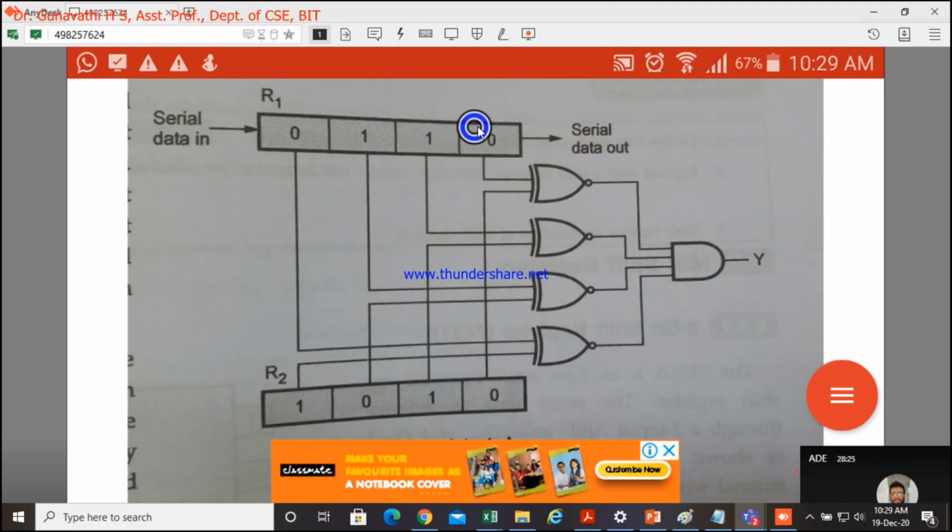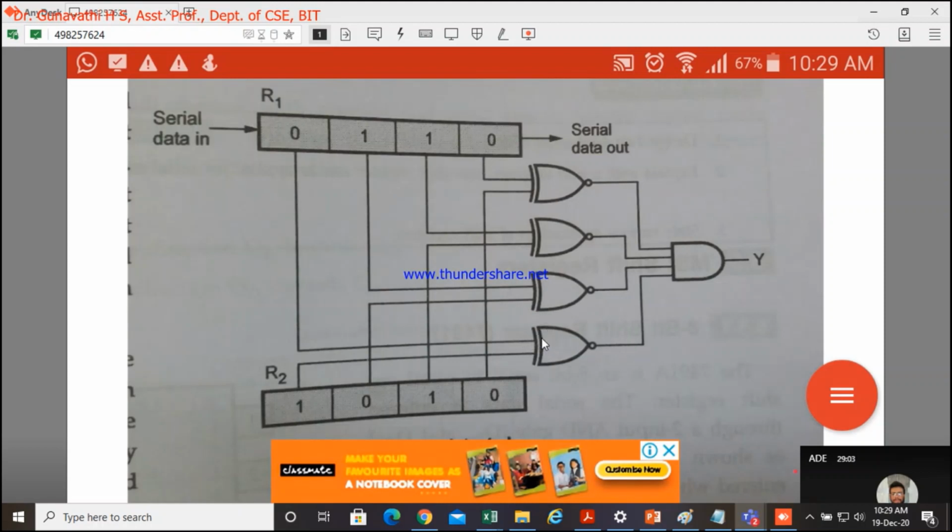In this particular case, it didn't find a match for the 0, 1 here, 1, 0 here. But here, 1, 1, it finds a match, the output here is 1. Here 0, 0, it finds a match, the output here is 1. So these two are 1, these two are 0. All of these have been fed to an AND gate. The output of the AND gate will be high only when all of these are high. Right now only two inputs are high, so the output will be 0. So when this Y output is high, it means we've detected that particular sequence in this sequence generator.